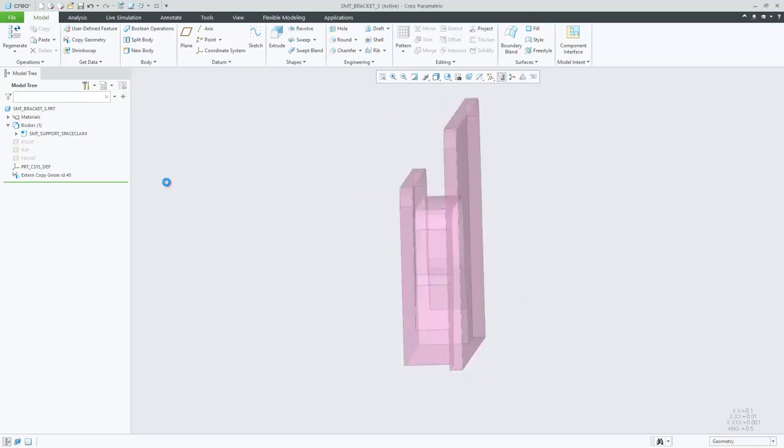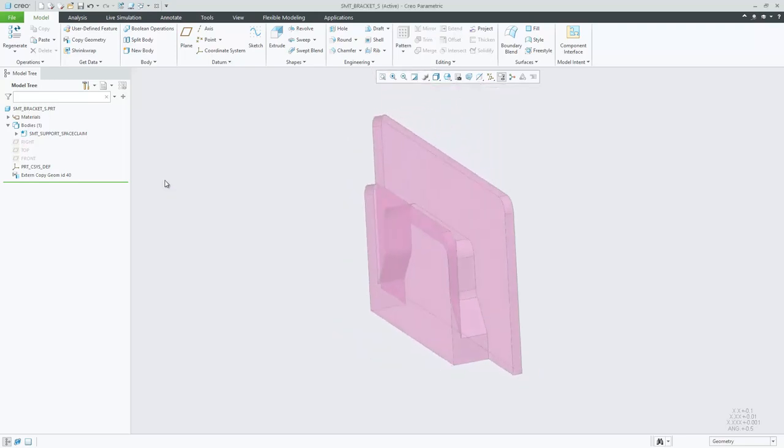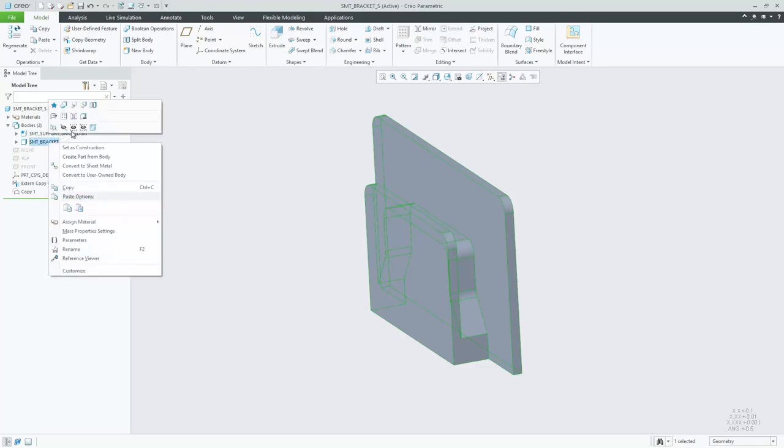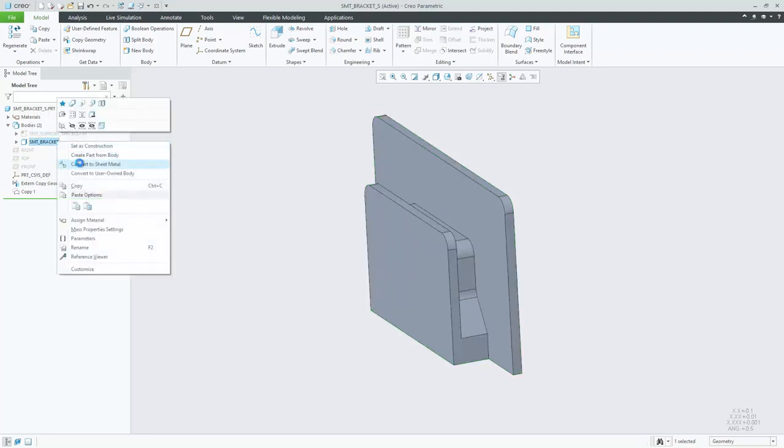In Creo Parametric 7.0, multiple bodies are supported in Sheetmetal design. In this case, we start with a construction body extracted from a master model part that represents the space claim for the final Sheetmetal bracket. This body, as well as the copied body that will become the Sheetmetal bracket, so far still reside in a